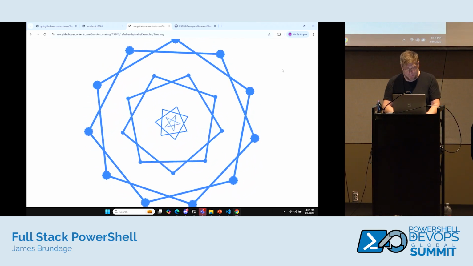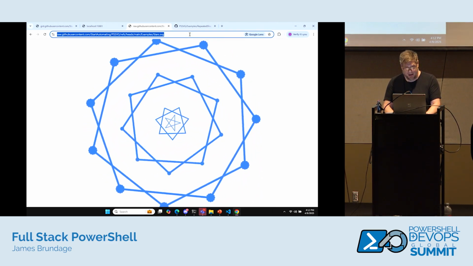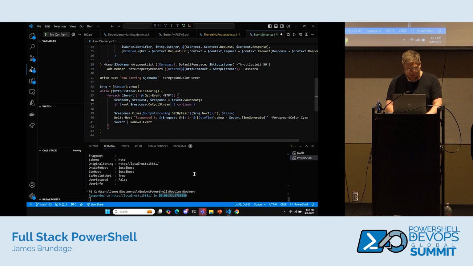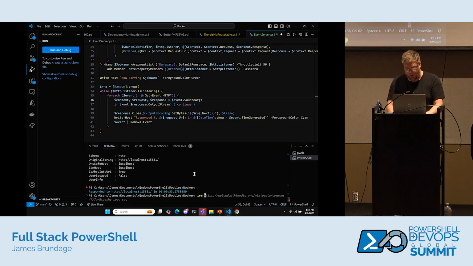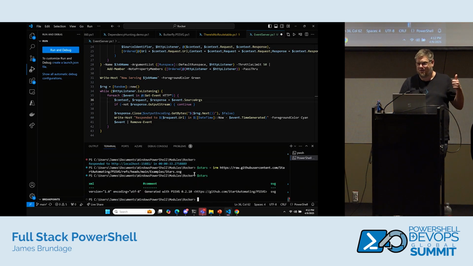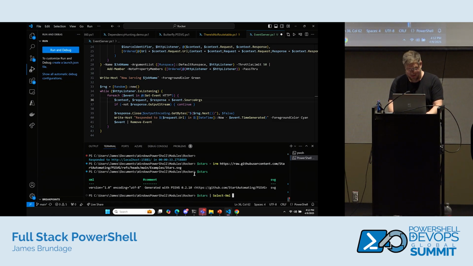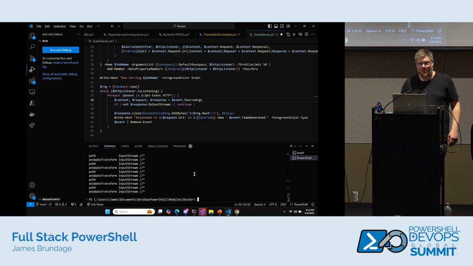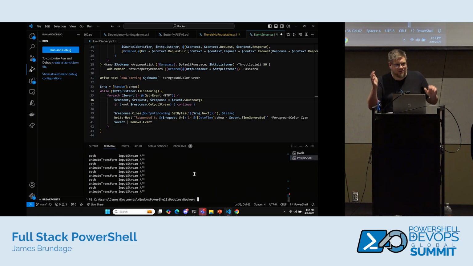Now, the thing that I do personally love about SVG, I'm just going to go, well, two things. I'm going to go Control-C my event server. I'm going to go invoke REST method the thing. Stars. First, I'm going to note that it is actually a real object coming back. So I could do something like select XML, get me all the nodes within that. That's nice. If I wanted to shift everything to the left or the right, I could do that programmatically. But no, the thing to really love,